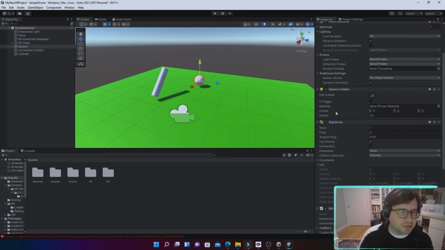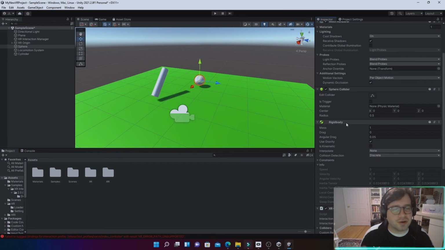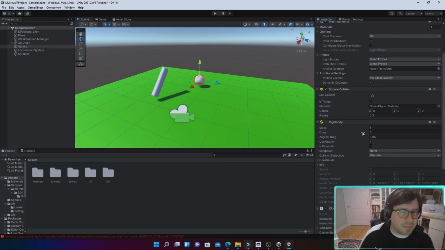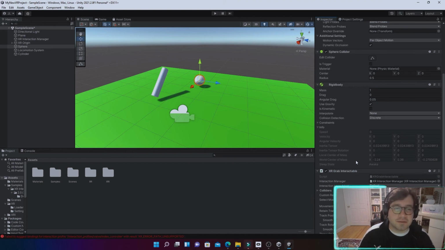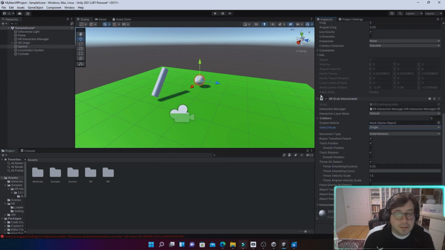And you see, as soon as we add it, we get a rigid body. And this rigid body is what allows us to interact with the object in a physical way. So it gives it physics, we can push on it, we can pull on it. We have this gravity right here, which we can check off. We have mass. This is all done via a rigid body. That's how Unity engages with objects in a physical way. So if we dig into this Grab Interactable script, we could see that we have quite a few settings here,